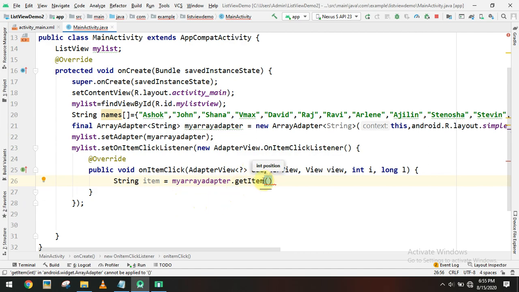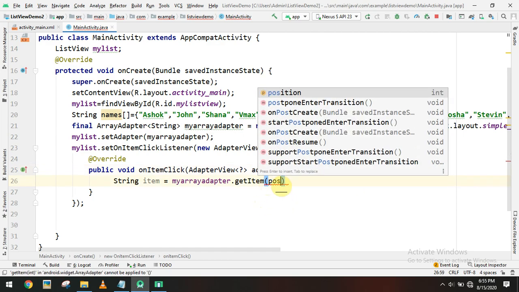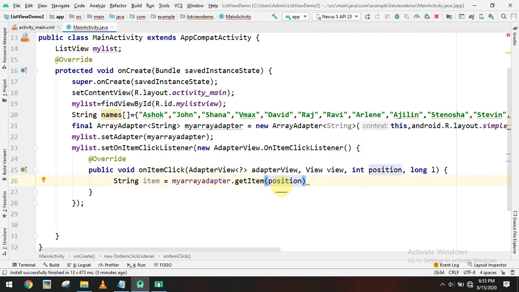Inside we have to pass the position. The position is automatically available in the parameter. By default you will be getting i, but for understanding, we can change the variable to position.